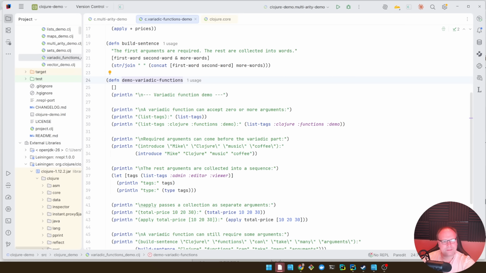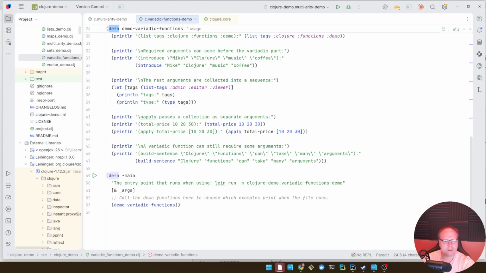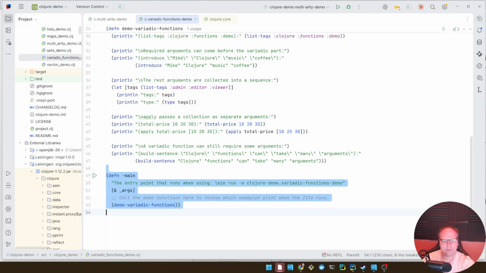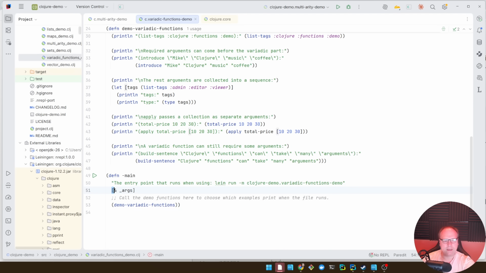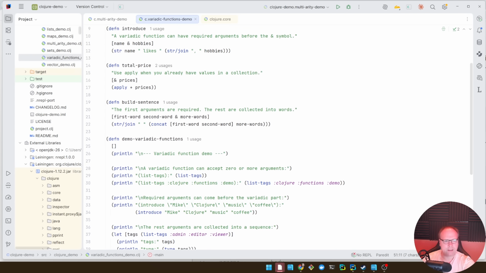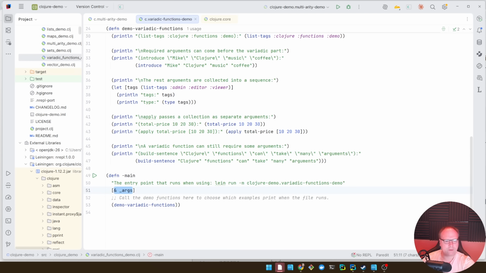Then we have this demo. I made this function right here just to test out all of the functions that you just saw, and we call all of it with main right here. So we have our main right here. We can actually see in main we're using this Variadic approach, these Variadic functions. It is a Variadic function. We have the minus in front just because this is how you show that this is something that you can run in Clojure, and we call